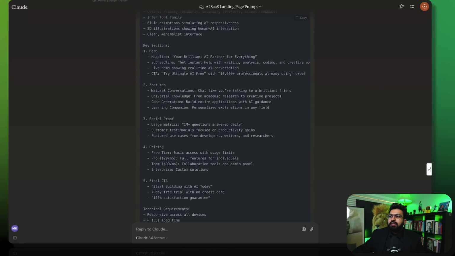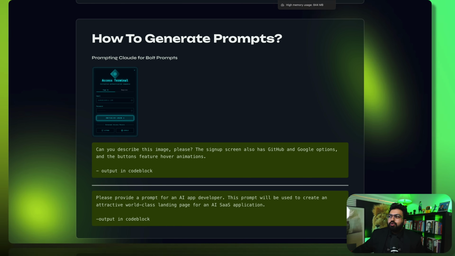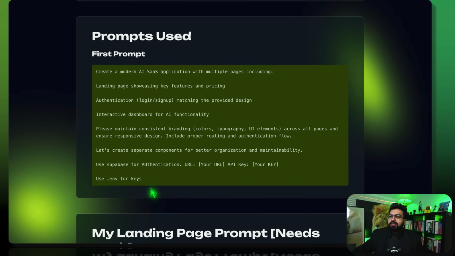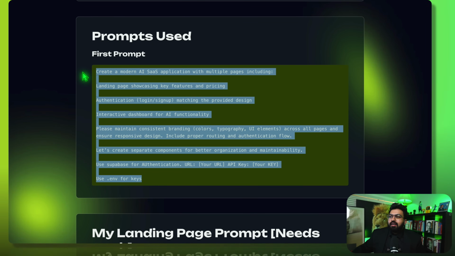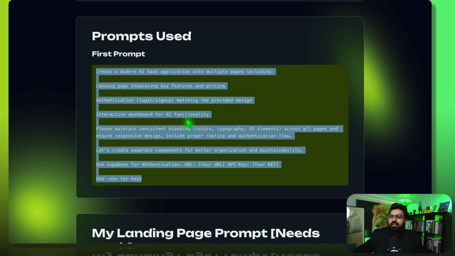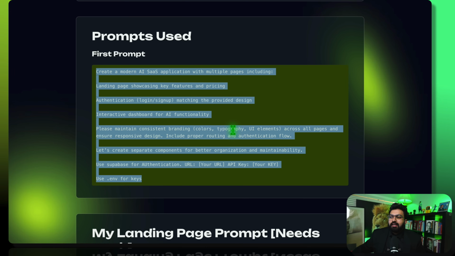I won't be doing that now. That is what the research prompts are for. So for the first prompt, I am using something like this. I am creating a modern AI SaaS application with multiple pages, including landing page, authentication, interactive dashboard. Please maintain consistent